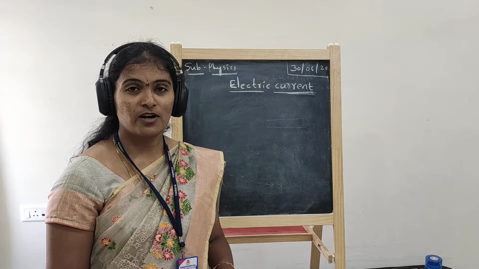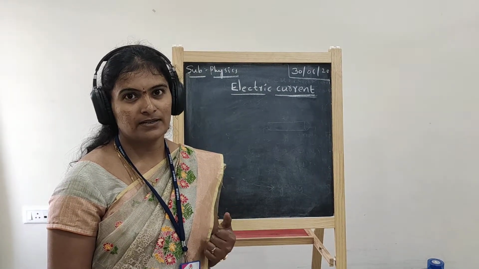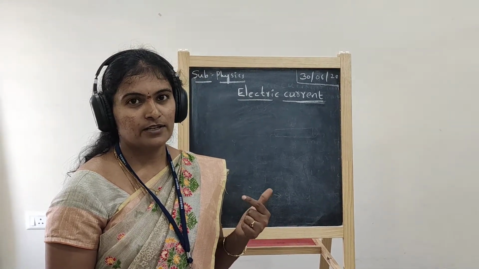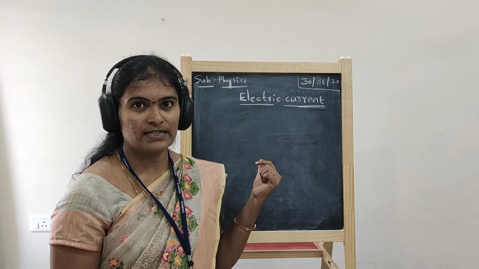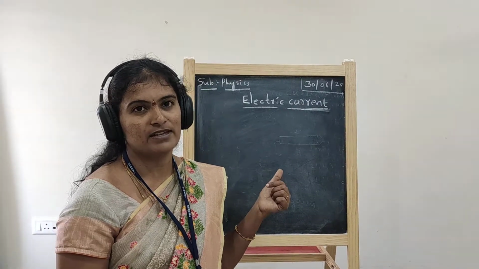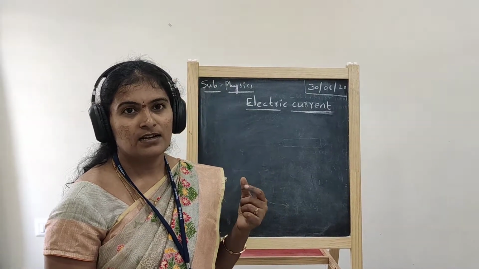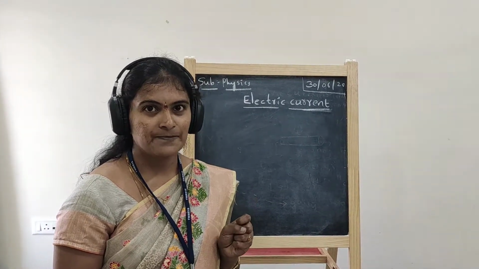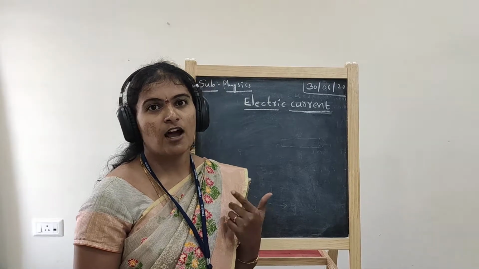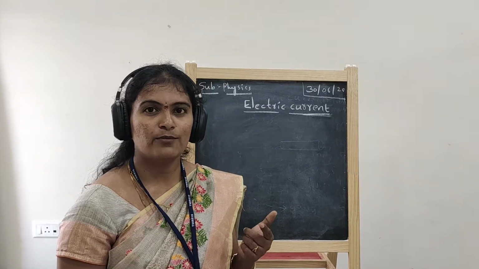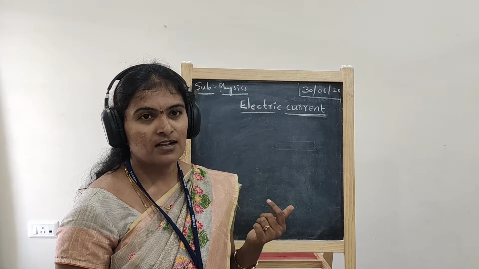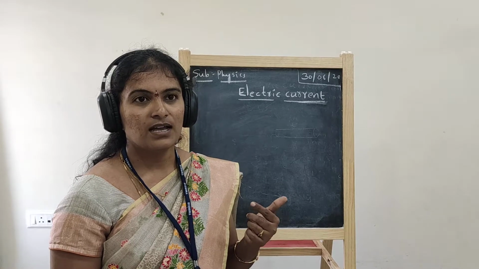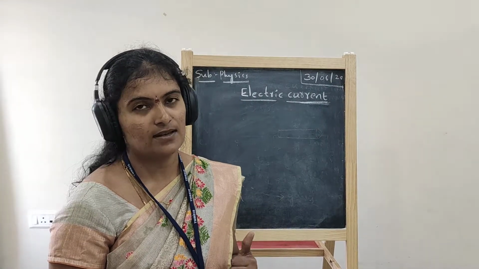Students, in the last module we discussed the paper pattern and paper weightage of physical science for 10th class. After that we started the topic electric current, which has a weightage of 6 marks in the public examination. In that, we discussed the fundamentals: charge, types of charges, law of conservation of charge, current, and also classification of the substances depending on the availability of the electrons in the outermost shell.